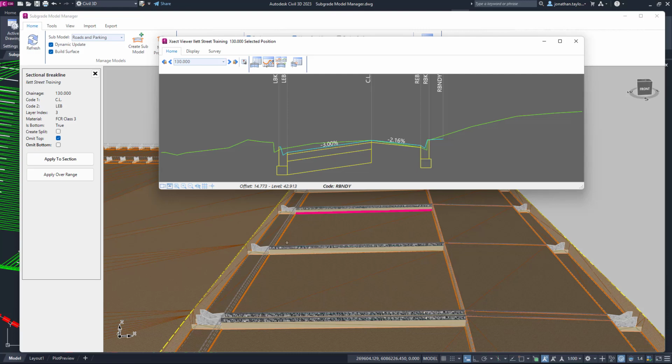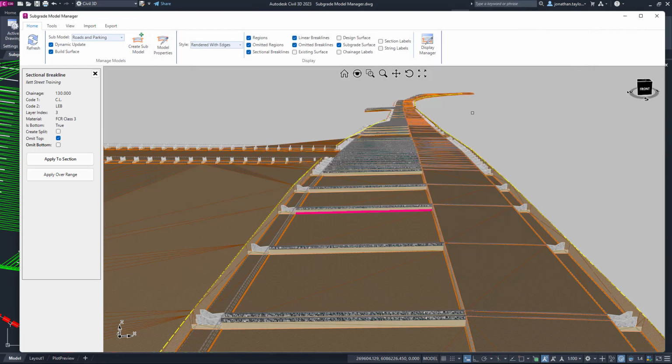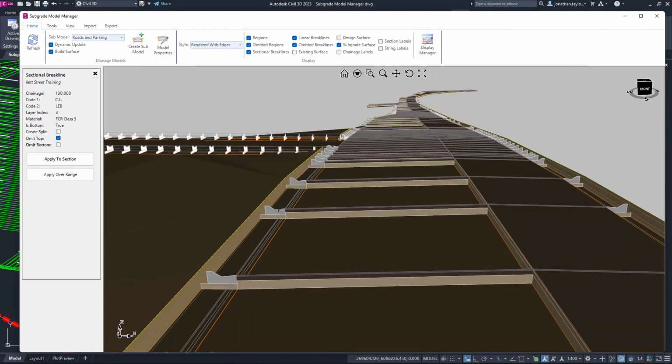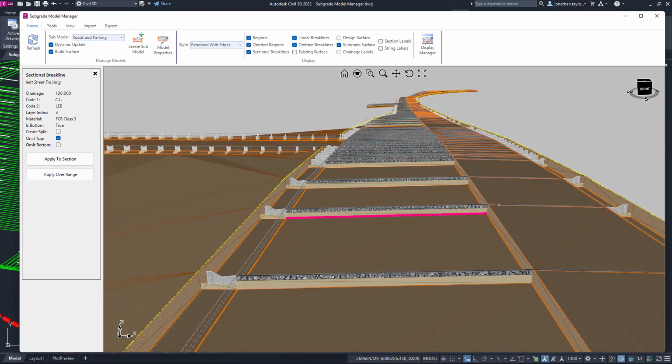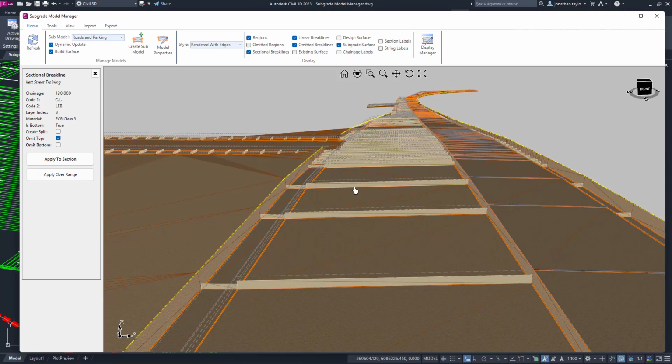So what we're actually seeing here is the left side being constructed with a curb and 3 layers of subgrade, 1 layer of subgrade on the right hand side, and then the curb. Now if we minimize this, we're actually seeing at the moment all of those layers. Now what I'd like to see is only the layers that are being used for the purposes of this model. So I'm going to say don't show omitted regions by toggling the omitted regions box. So now all I'm seeing are the regions or layers of subgrade which are being used for the purposes of